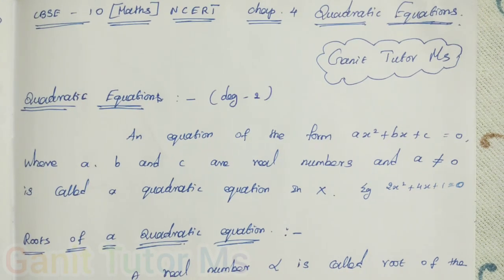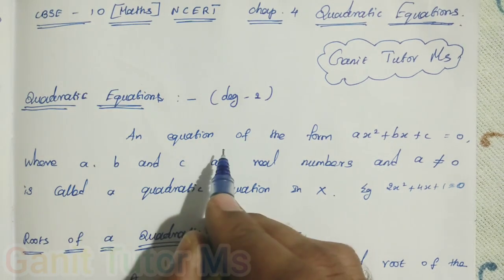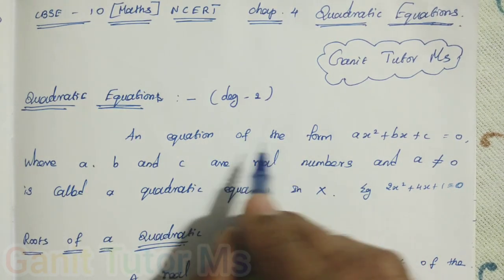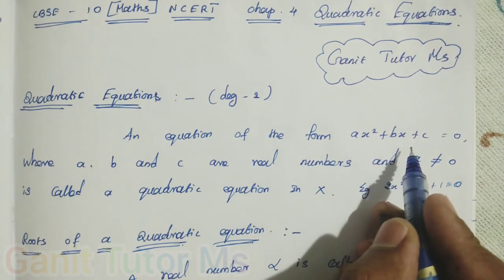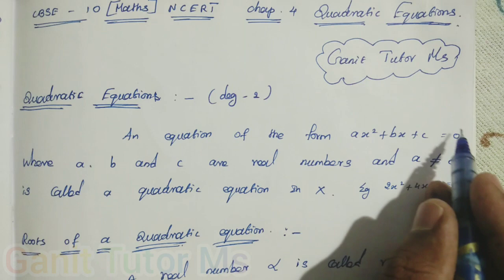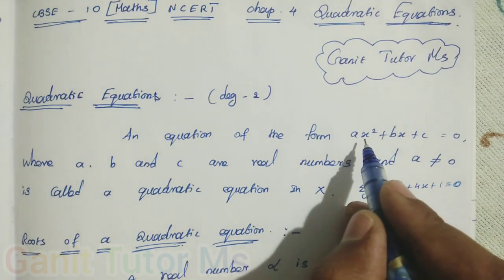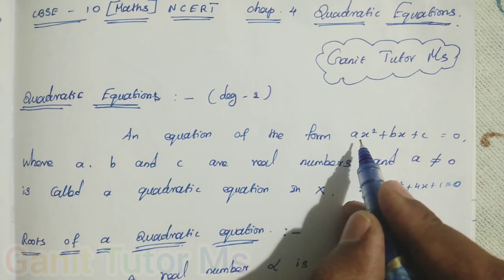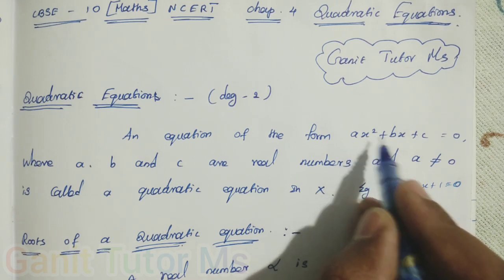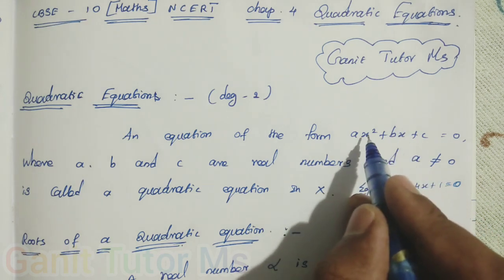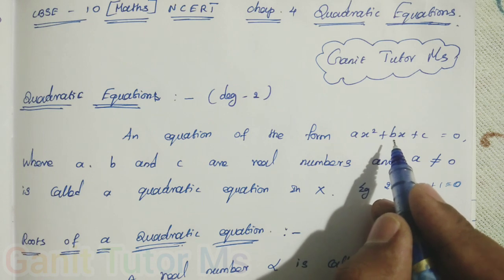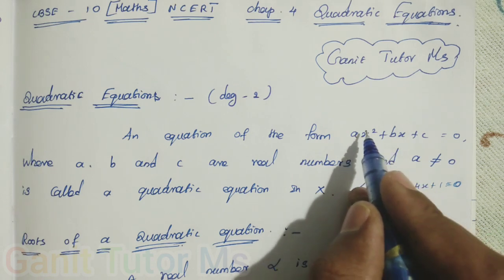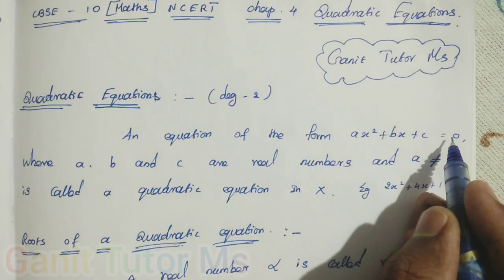So we can write the general form of a quadratic equation, an equation of the form ax squared plus bx plus c. We all know that it is the general form of a quadratic polynomial. The highest order means the highest power of a term, that is the order. Here it is 2, and here power 1. So in this variable the power is 2, so it is a quadratic polynomial. Here it is a quadratic equation. Clear? So ax squared plus bx plus c equal to 0.